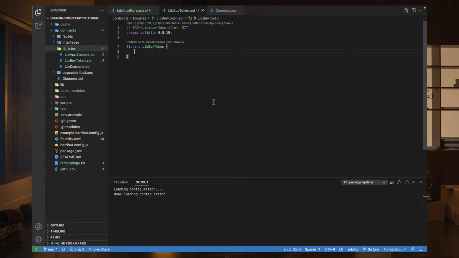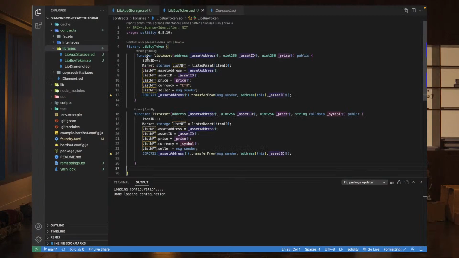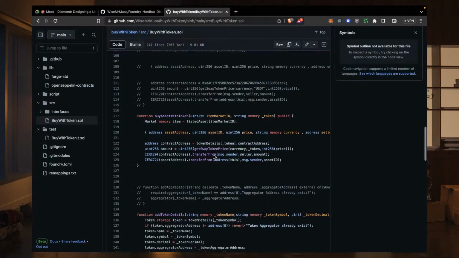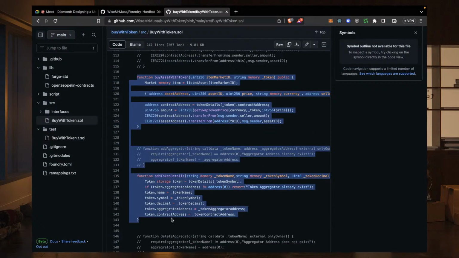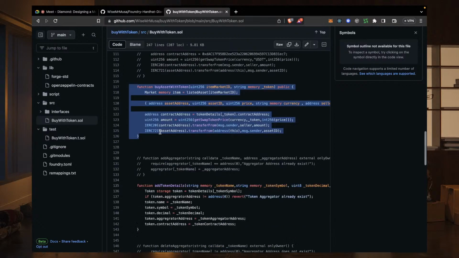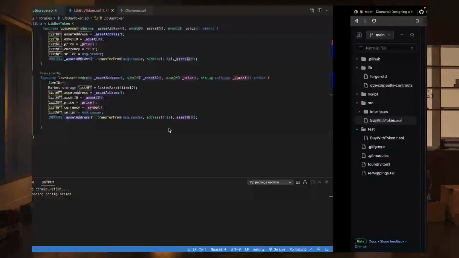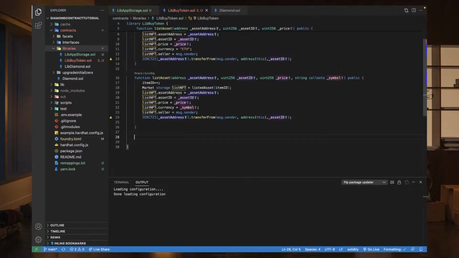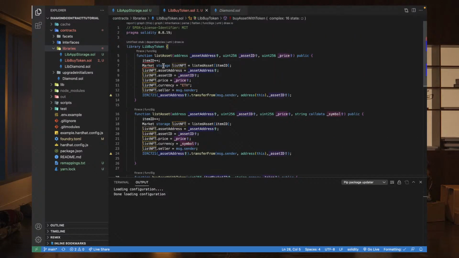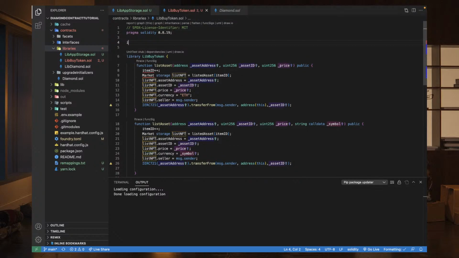So I have this function. Let me just choose these three. So to make use of some storage in this case, what we are going to do is that we are going to import from